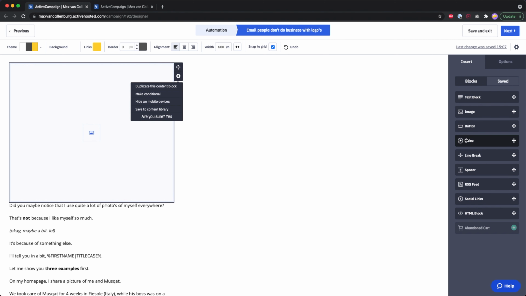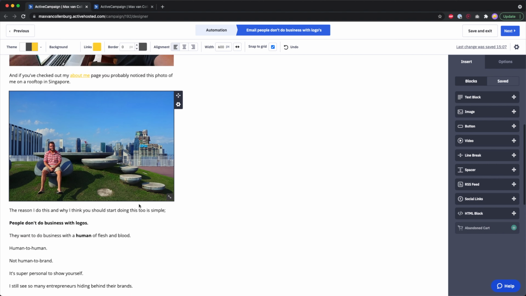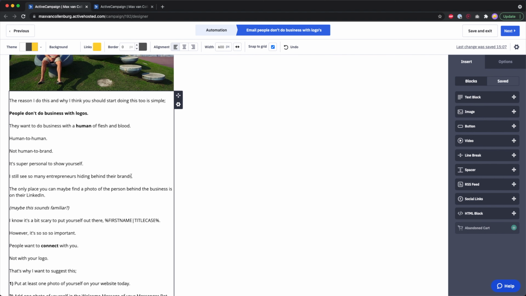You can even add a video preview. I think it's some kind of GIF then. You can add a line break, space, and all kinds of things. And it works great somehow. It looks nice that you can do this, but I found it to be a little bit buggy